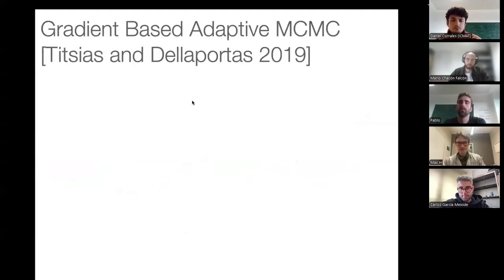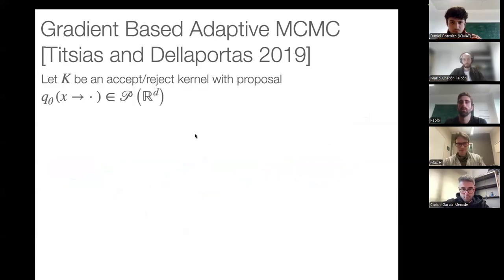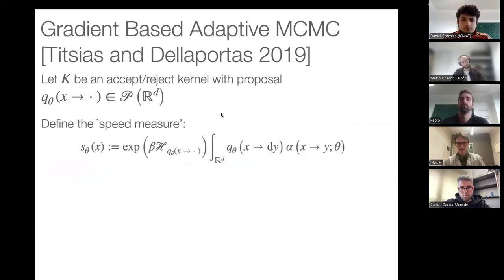Okay, so the first example I'm going to give of this is gradient-based adaptive MCMC from Titsias and Dellaportas in 2019. In their case, we have K be an accept-reject kernel with a proposal Q of theta, where theta is just our tuning parameter that we're going to attempt to optimize over. And they define what's called a speed measure, which is just the expectation with respect to the proposal distribution of the acceptance probability times e to the beta times the entropy of the